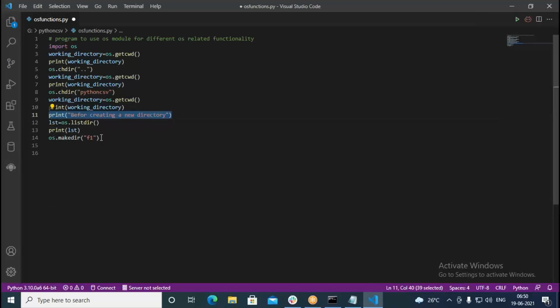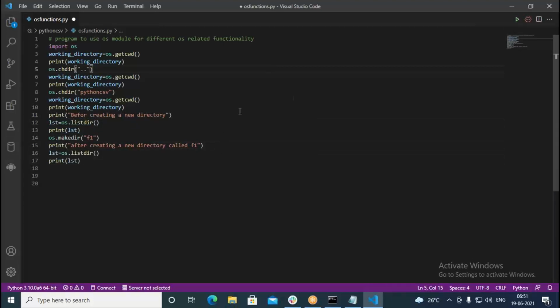Again I print after creating a new directory called F1. Okay, so after creating a new directory called F1, I print lst once again, taking lst and printing it.